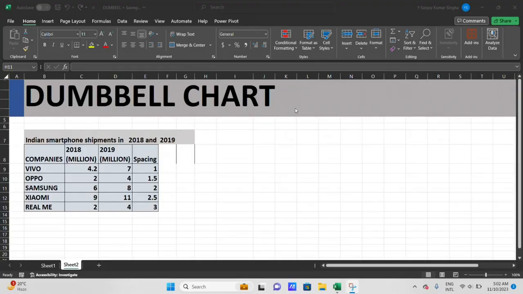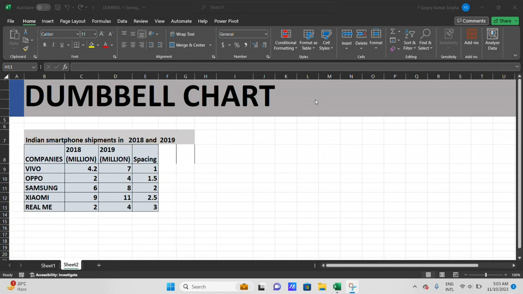Today we are here again to learn a new Excel chart. Now today we are going to learn how to make a dumbbell chart or DNA chart. What is a dumbbell chart? A dumbbell chart or plot can be used to visualize two different values at one time or to show the difference between two different groups or viewpoints. It consists of dots,